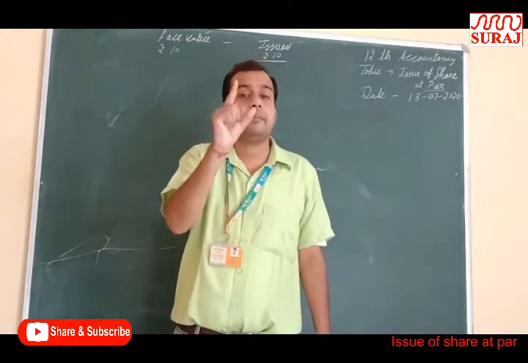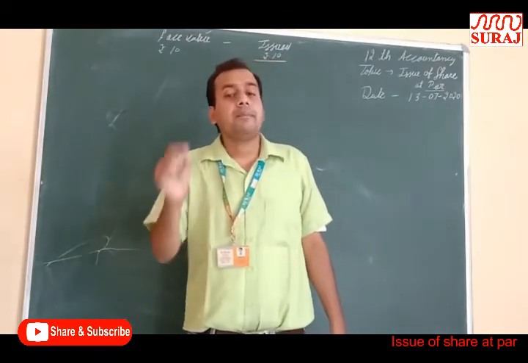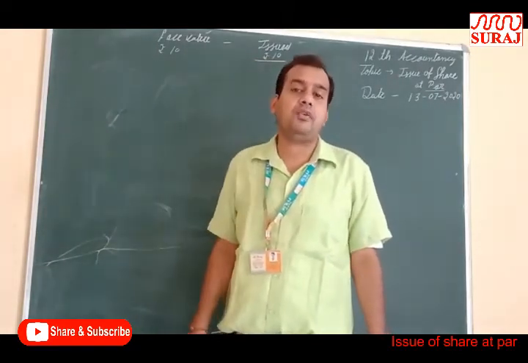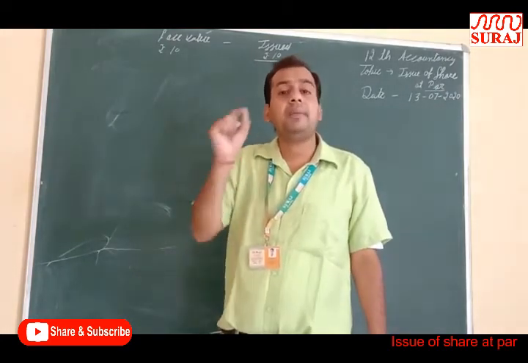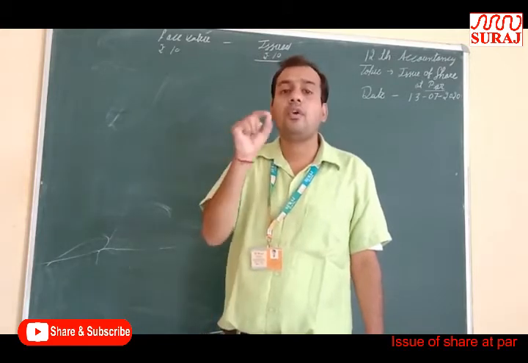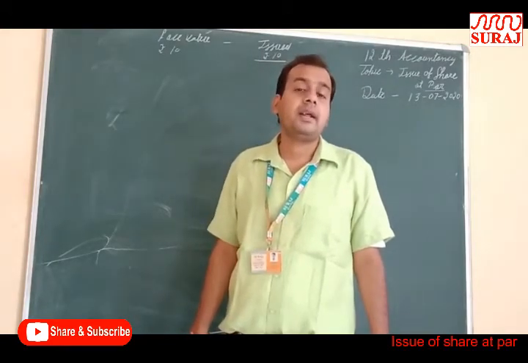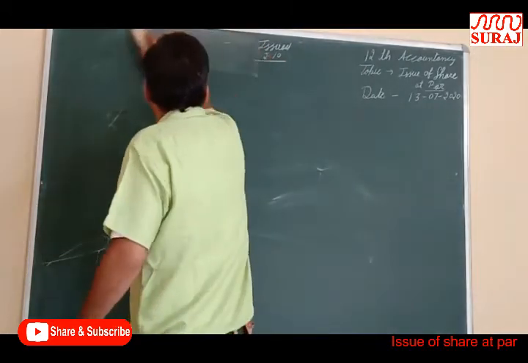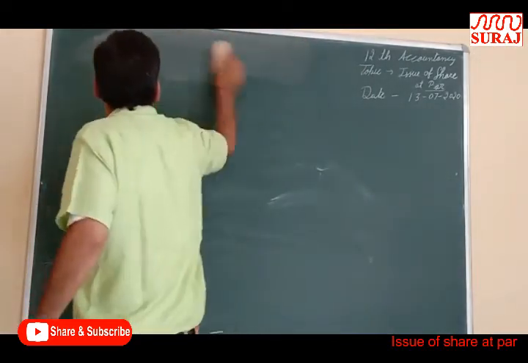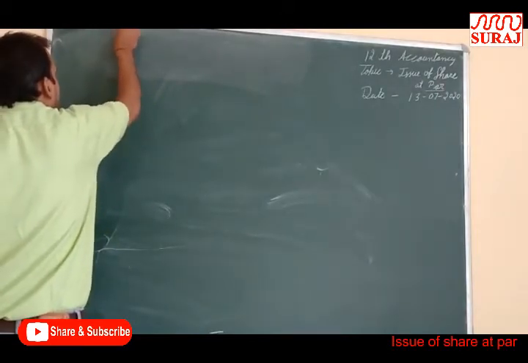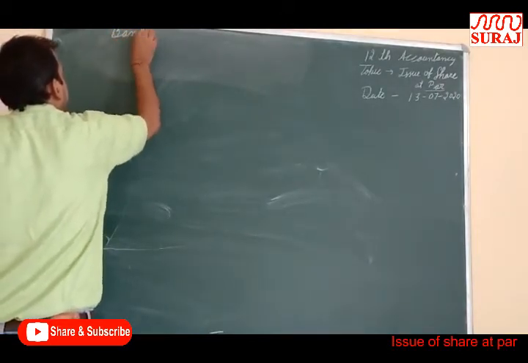Dear students, you should remember, application money must be 25% of the face value of the share. And what entry will be made for application money received? Dear friends, your entry will be passed: bank account debit